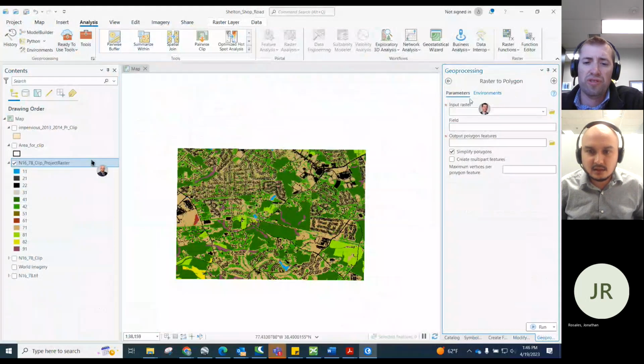Yeah, that one. And you want the projected one as input. The upper one, yeah, that's okay. Choose that one. The value field, yeah, value is good. Yeah, simplify it. That's fine. Let's run it.